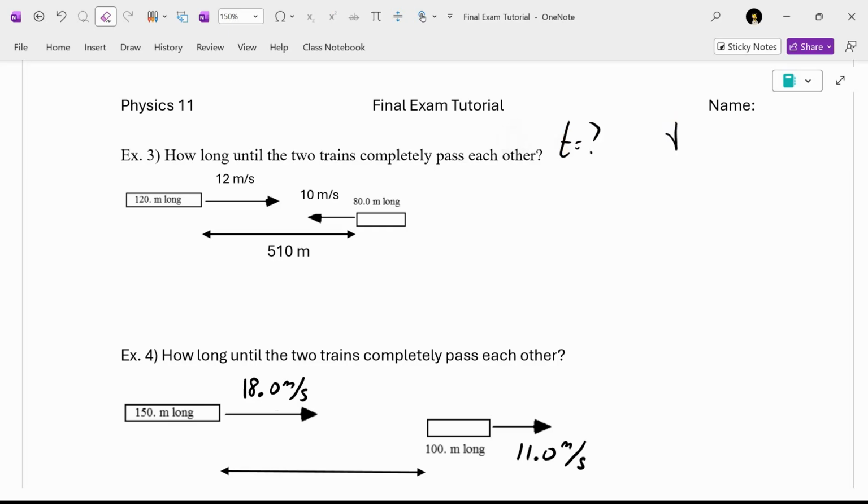In fact, because I see 2 objects moving at different speeds, I'm going to use D equals the relative speed times time. I want to get the T by itself. What's the V doing to the T? Adding, subtracting, multiplying, or dividing? Do you see a plus sign there? Say no. Do you see a minus sign there? Say no. So if there's nothing between them, what mathematical operation is that? So how do I move the V over? Time is going to be